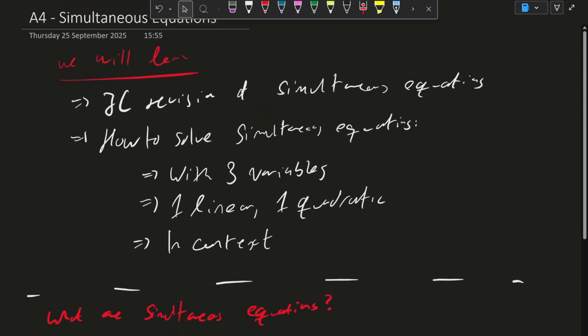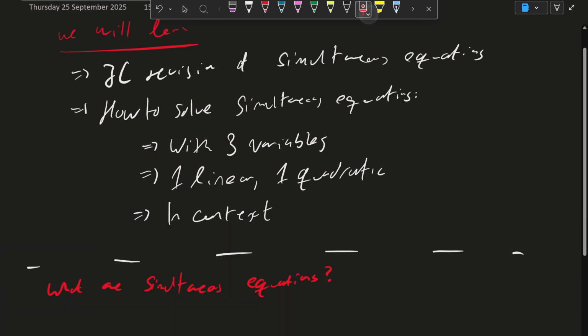In this next section we will be talking about this idea of simultaneous equations. Firstly, in this video I'll go over what simultaneous equations are, because it might have been some time since you last saw them. I'm just going to quickly define them and show you an example. I won't go through it, I might do one in the next video. But essentially it's a Junior Cert-esque revision of what simultaneous equations are,